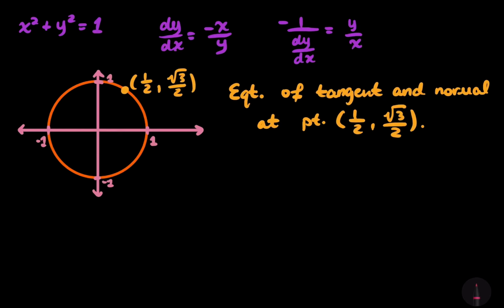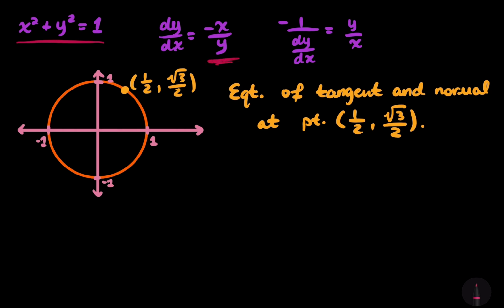So in today's video, we're going to delve into the equations of tangents and normals to implicit curves. And so we're just going to go back to the implicit curve that we've been using this entire time, which is the unit circle. We have the equation x squared plus y squared equals 1. And, in previous videos, we derived, through implicit differentiation that the derivative is given by the expression negative x over